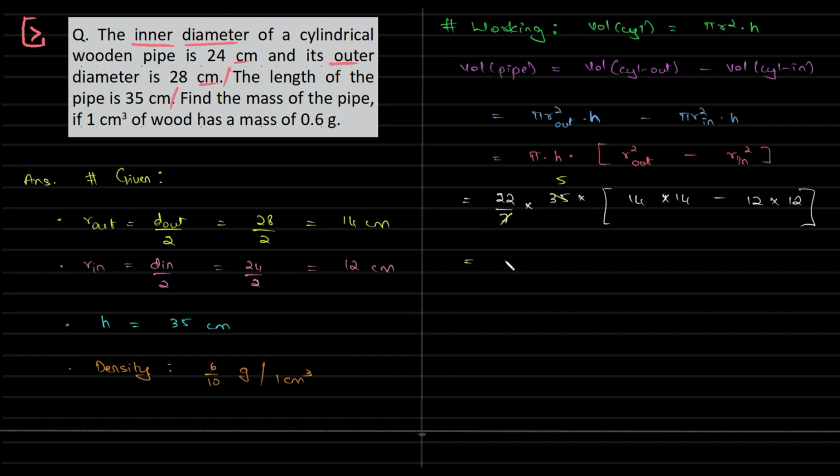So this is 22 into 5, let me write it as 22 into 5 itself, and this is 196 minus 144, and I'll write 5 as, don't mind, 10 by 2. So 10 ones are 10, 5 twos are 10, 11 ones are 11, so this is 110. I know it's easy to multiply also, but I'm just making you guys used to all of these ideas. So this is, sorry, not 5, this is 52, correct, 52, and multiplying this will give us